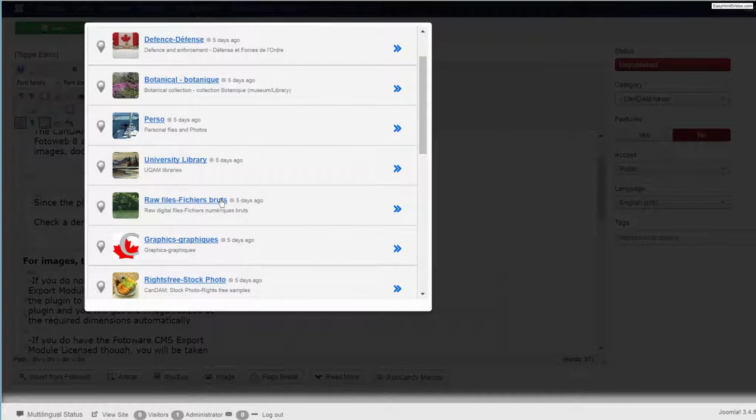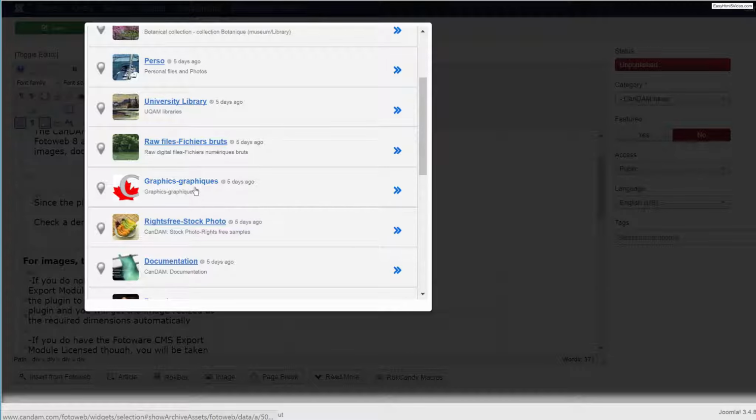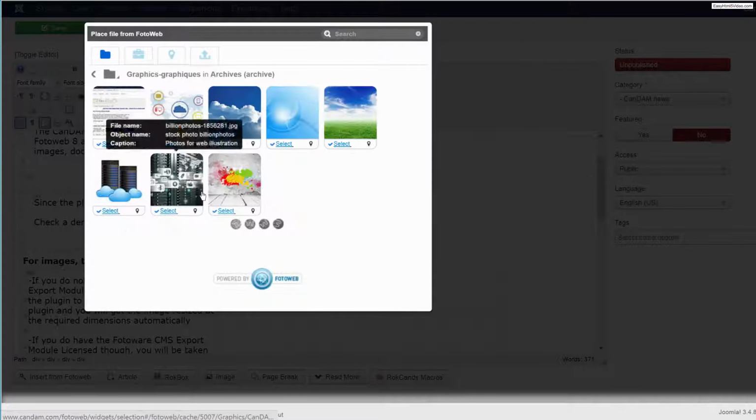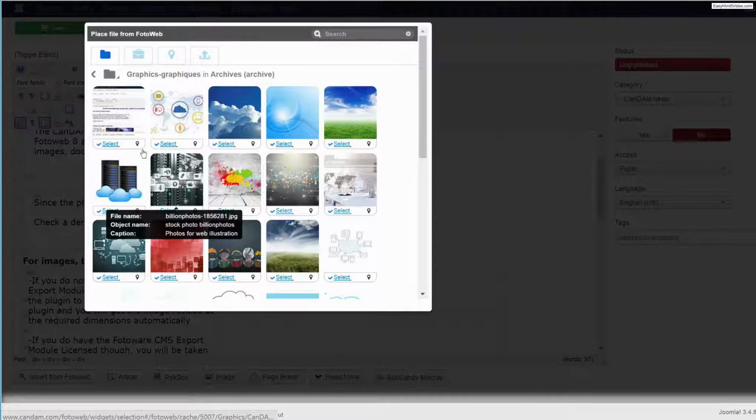Let's pick the archive where your digital asset is located. If you are not authenticated yet to Fotoweb, you will first need to enter your user ID and password. When clicking on the archive, you will obtain the list of its digital assets. Choose one of them and click Select, or click on it to see a larger preview,